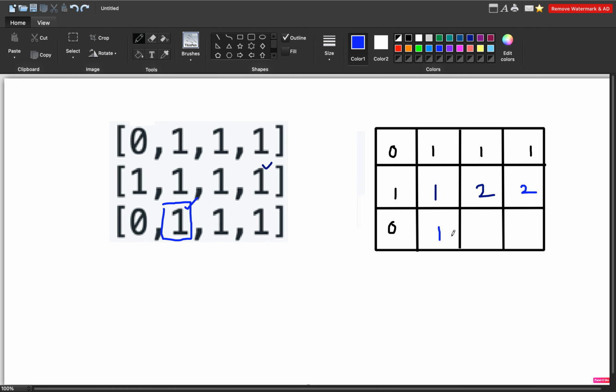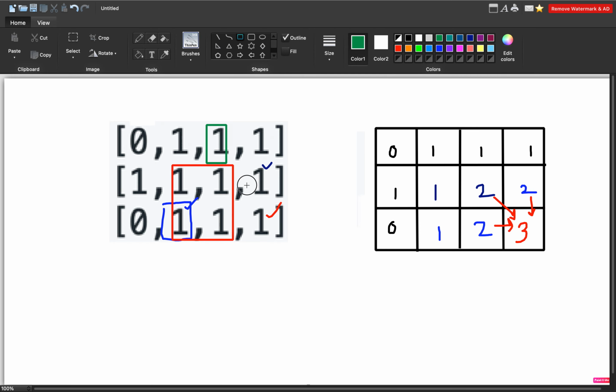Again we will be doing that: minimum of all the 3, it will be 1. So again we will be updating 1 plus the present one, which is 2. Now let's finally see for this index. What we will be doing is the minimum of 2, 2 and 2, which is 2 only, plus this particular index, 3. I'll again try to explain what we are doing, why we are just doing 2, 2, 2, and how it is contributing to 3. If you can clearly see, this is of size 2, right?